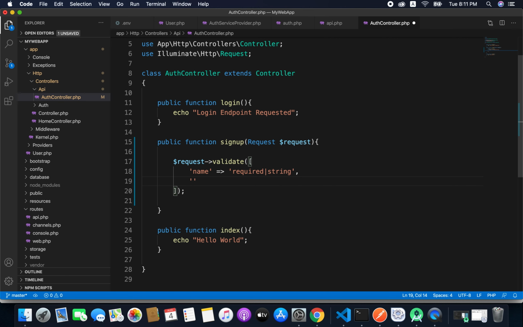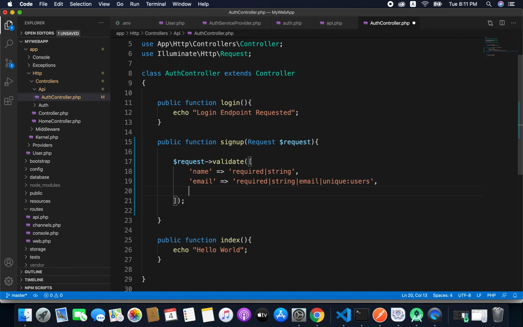After name we need email. So email also required, and it is also a string, and it is an email, and it should be unique in users table. So we have email. Finally we have password.